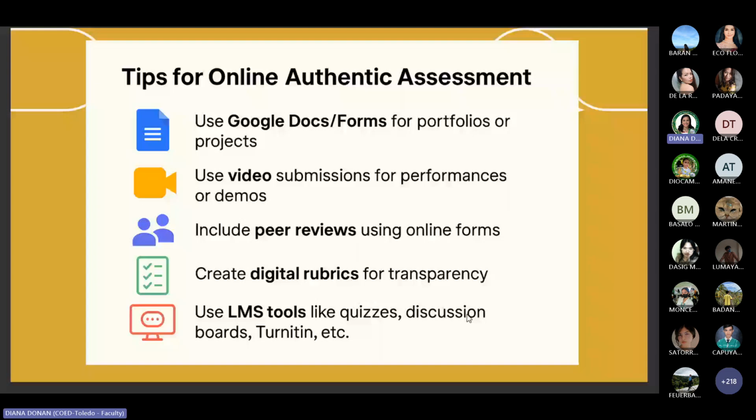Fourth one, we have rubrics. Rubrics guide students and make expectations clear. Try creating digital rubrics using Google Sheets or Forms. You may share it before they begin the task, or let the student self-assess before submitting, or they may use it to provide consistent and transparent feedback. So digital rubrics help students stay focused and understand exactly what they are looking for.